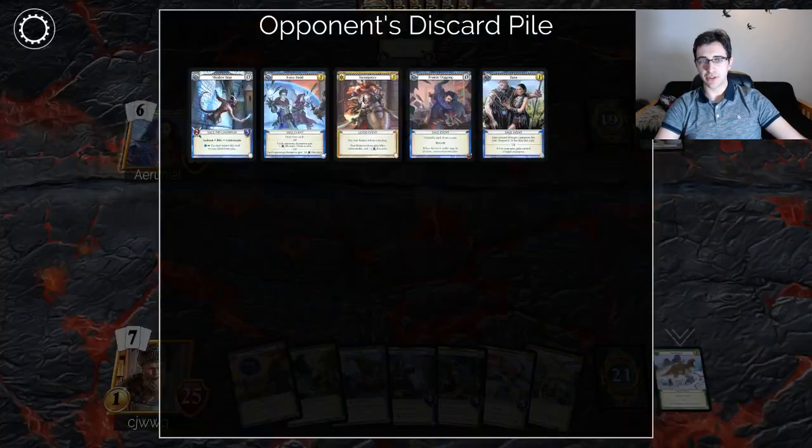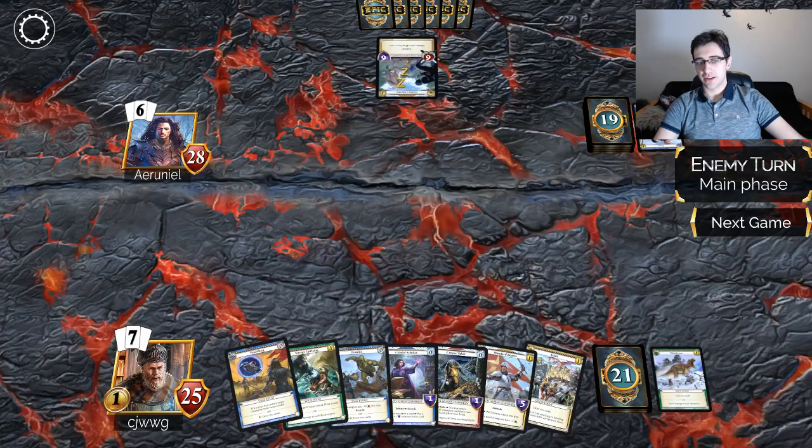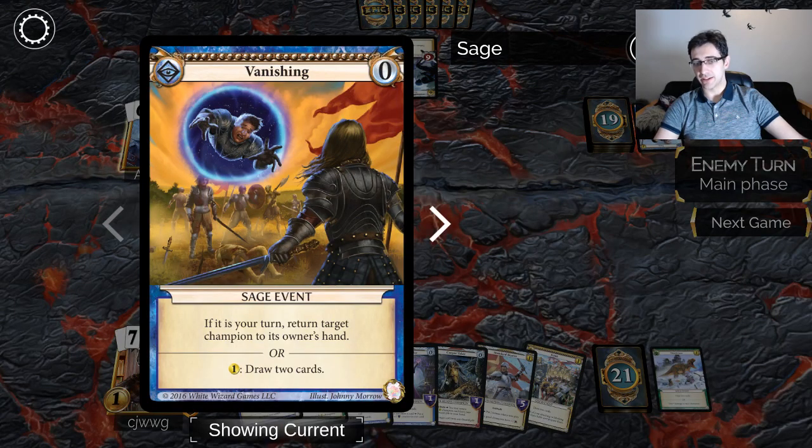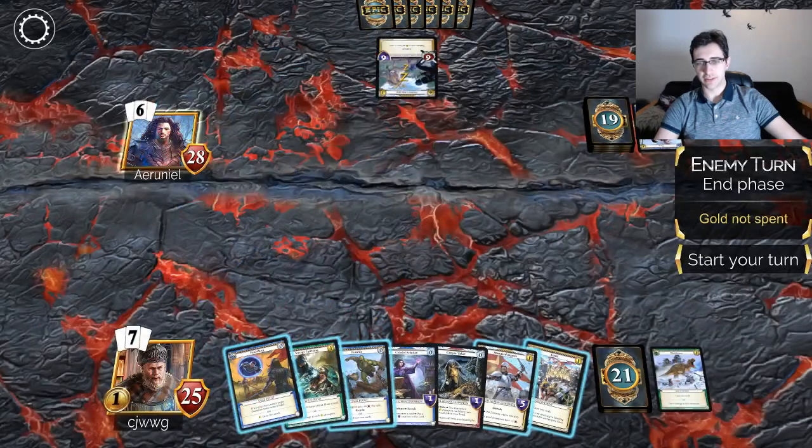Alright, so the opponent took control of our champion. Now, the one weakness to taking control of the opponent's champion is it's really weak to having it returned to hand. So on our turn, we're going to play this Vanishing to return that Noble Unicorn to our hand. So I'm going to play